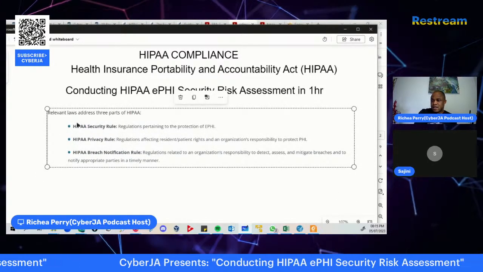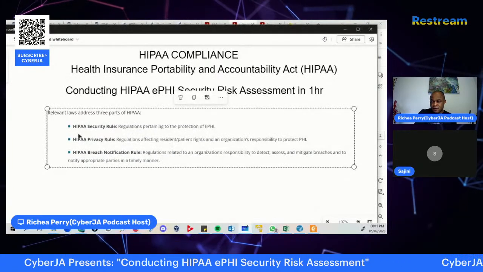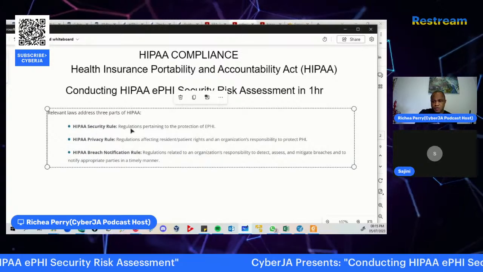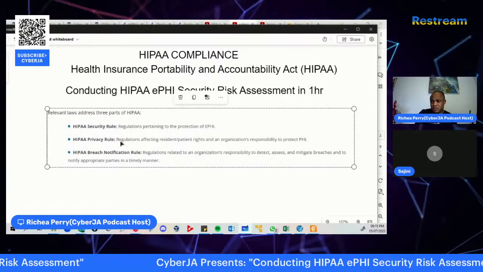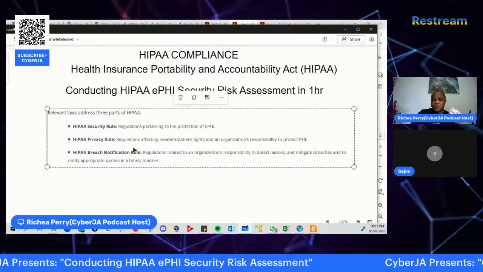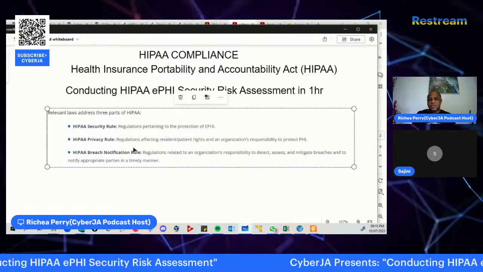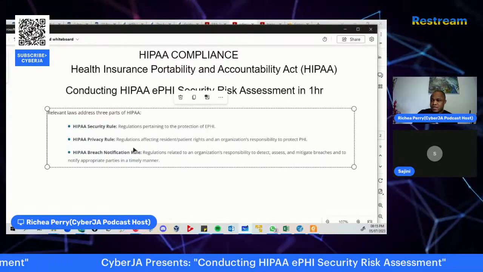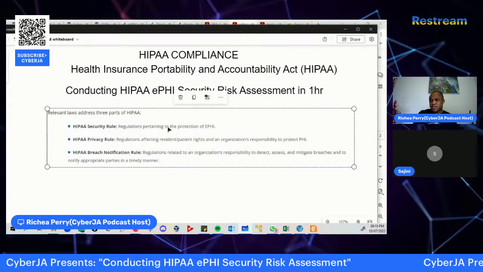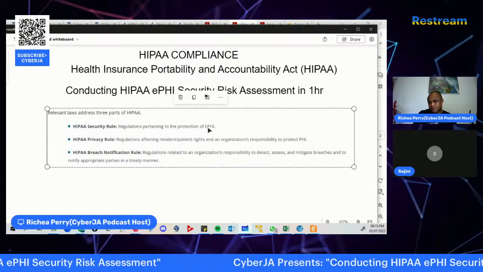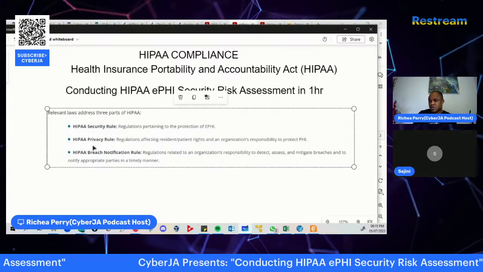The relevant laws address three parts of HIPAA, right? HIPAA is broken down into your security rule, your privacy rule, and your breach notification rule. Those are the various areas that HIPAA addresses. The security rule looks at regulations pertaining to protection of electronic patient health information.